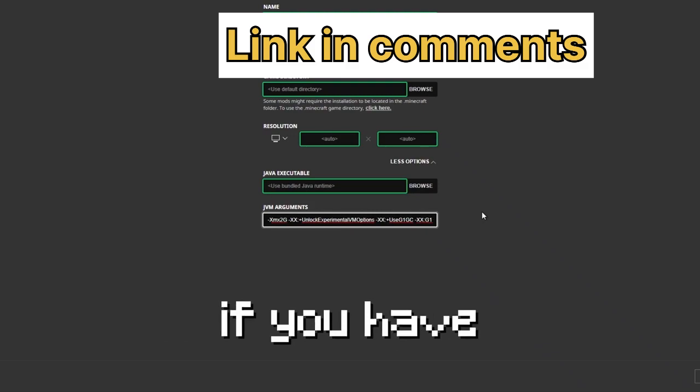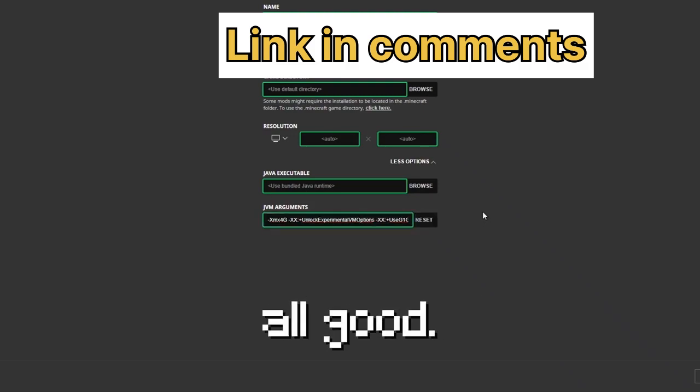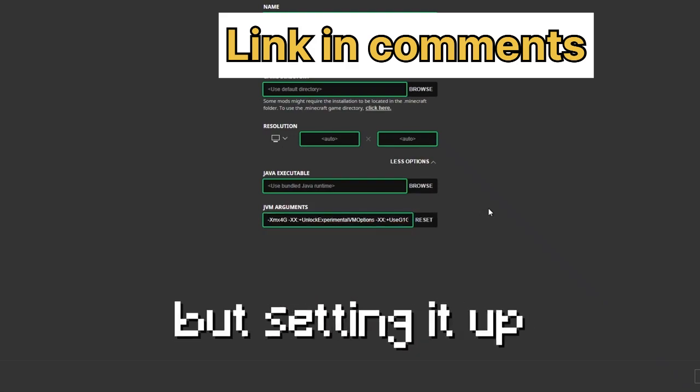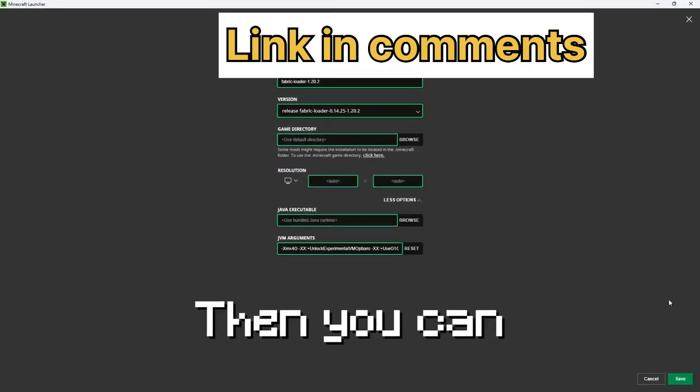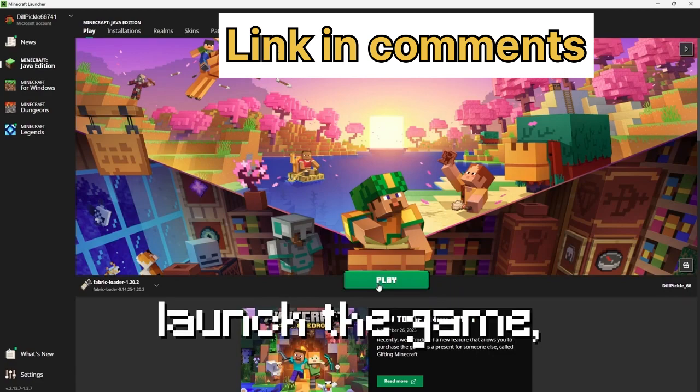But if you have 8 GB of RAM or more, bump this up to 4 and you should be all good. I wouldn't bump it up to anything more than 4 as it won't actually increase performance, but setting it up to 3 or 4 is a good idea. Then you can just hit save, go back to play, hit play, launch the game, and hopefully you should get